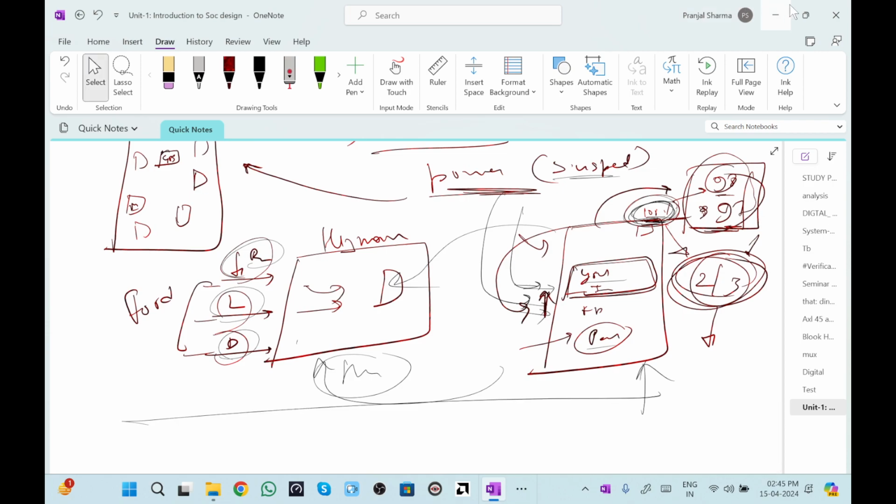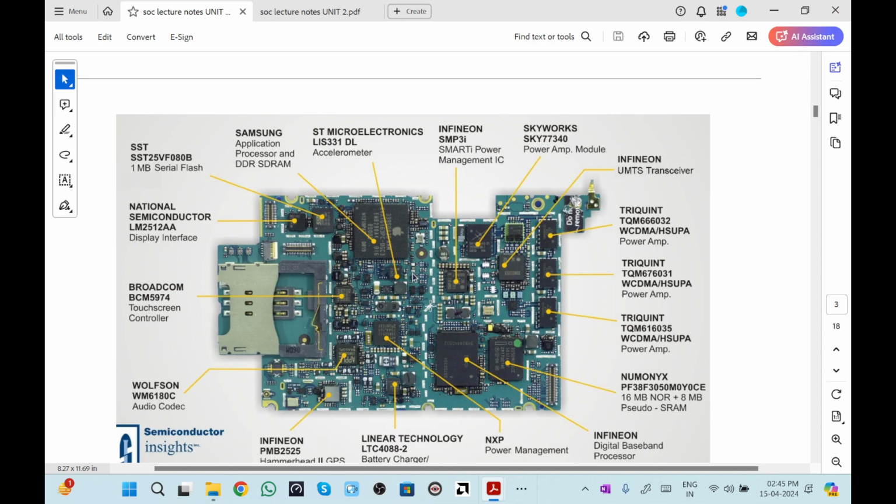So this little chip over here is indicating a smart power management IC. Now we come to power amplifiers and modules. What are power amplifiers and modules? Everybody has earphones with them, and we know earphones have some electromagnetic effect. How are they being powered? They are being powered by this power amp. As soon as we connect Bluetooth or any wired device with our phone, it will definitely consume some power.